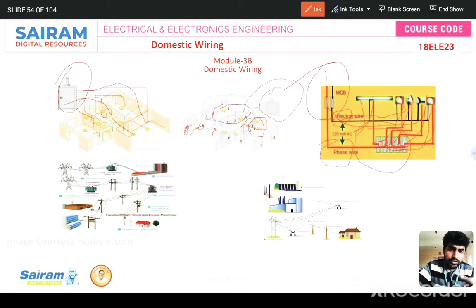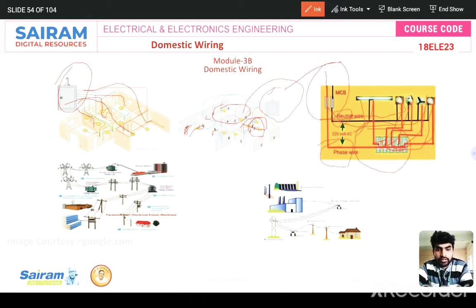At present, we are not doing this one. We make the wiring system before constructing the building itself, while the concrete is being made. Definitely it is safe and it looks good also. If you keep the switch boxes outside, it does not look that good, and it is also dangerous, right?